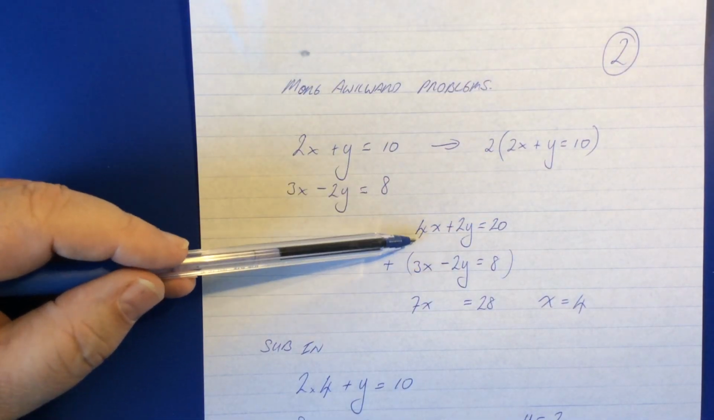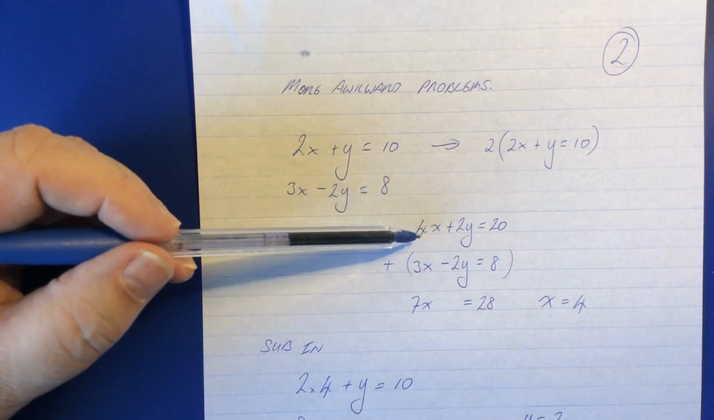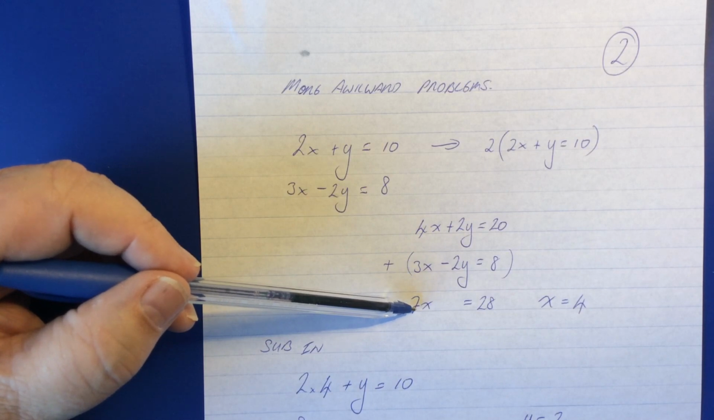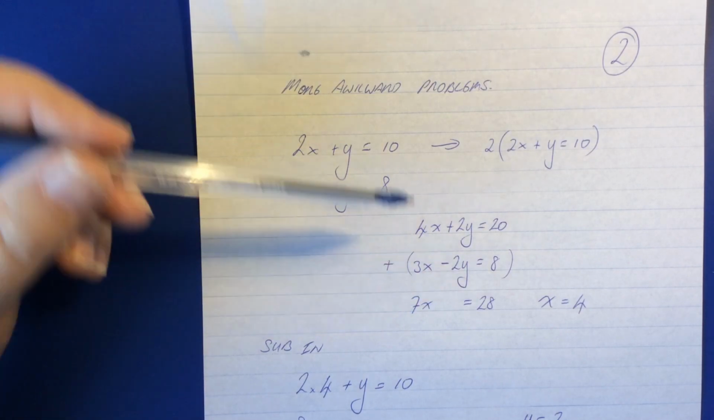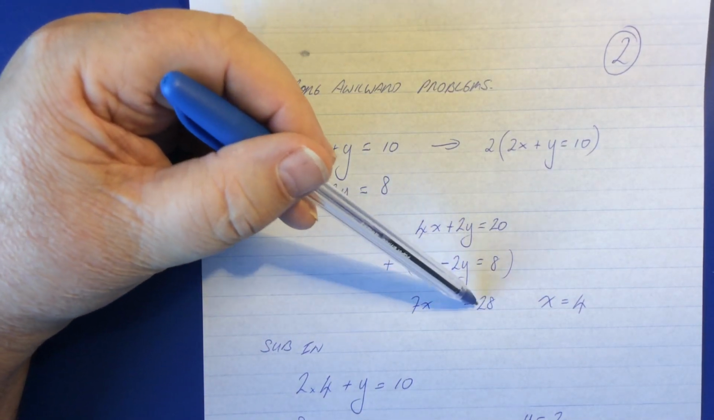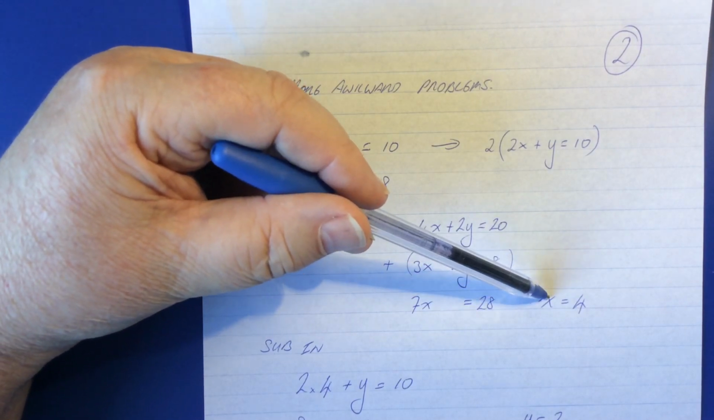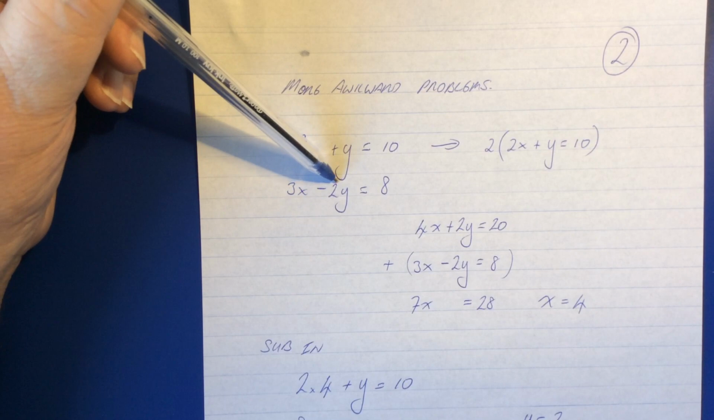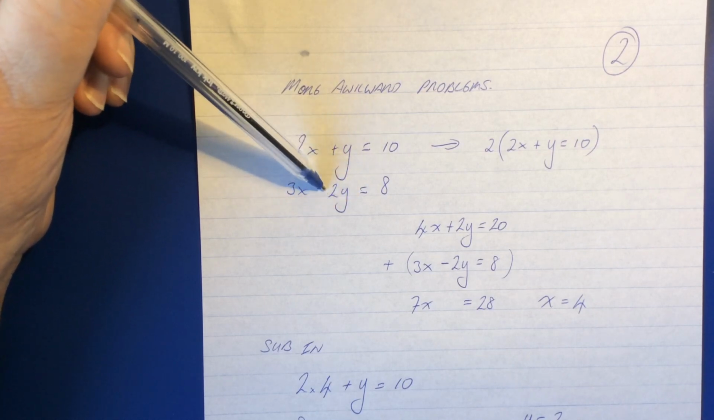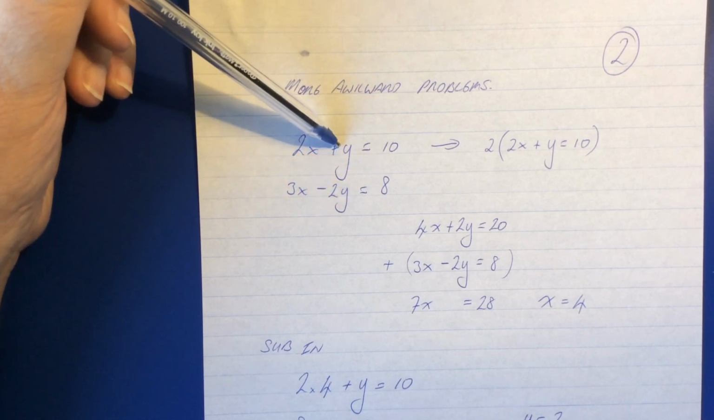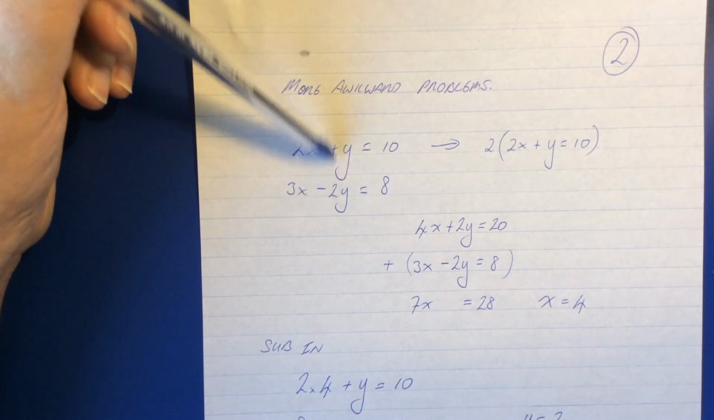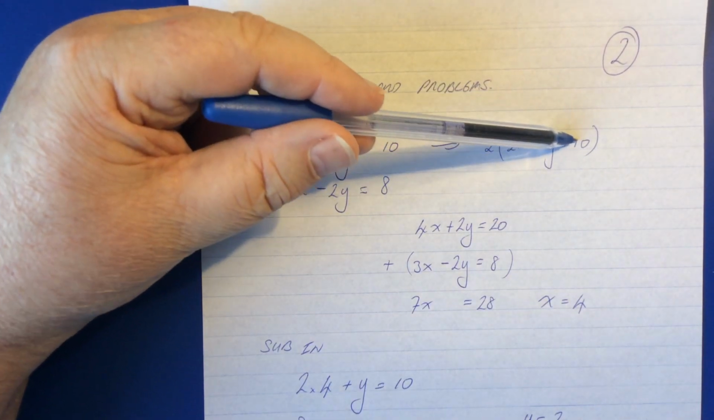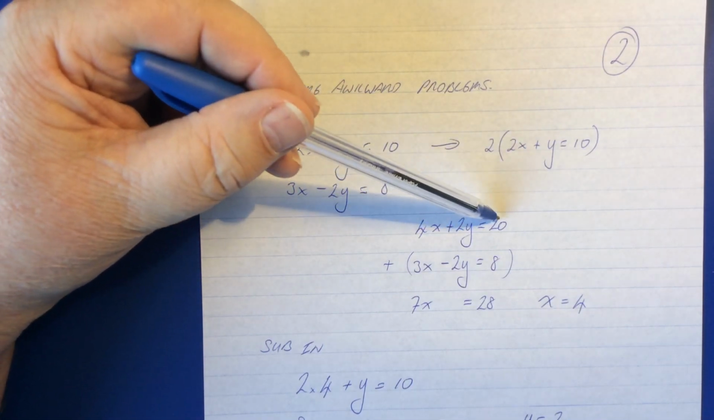And I can add this to this, and what I get for my trouble is 7x equals 28, and therefore x equals 4. Now let me just go through that again quickly. I saw that there was an expression here, negative 2y. So if I could make this positive 2y and add these, I would get rid of the y's, and that's essentially what I did. I multiplied through by 2, got 4x plus 2y equals 20,